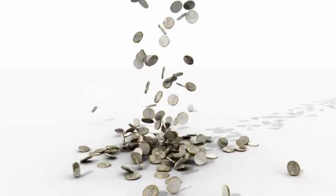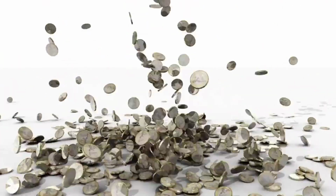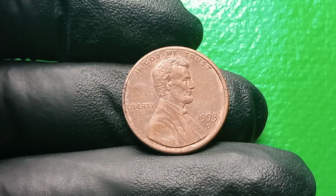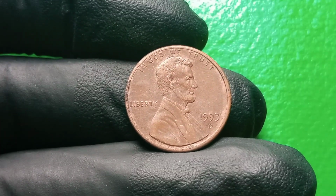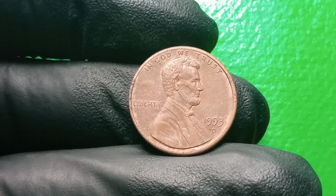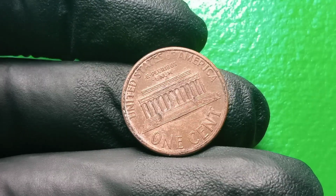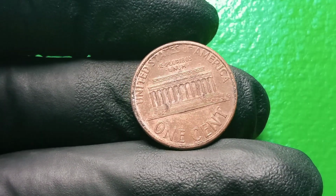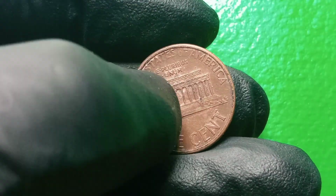Welcome to today's deep dive where we explore the hidden treasures of numismatics, the fascinating world of coins that at first glance appear ordinary but upon closer inspection reveal stories, mistakes, and errors that elevate them from everyday change to life-changing fortunes. And in this discussion we will focus on the 1993 D 1-cent coin, a small copper-plated zinc penny minted in Denver that in some rare cases has been reported to command values up to $7 million because of a